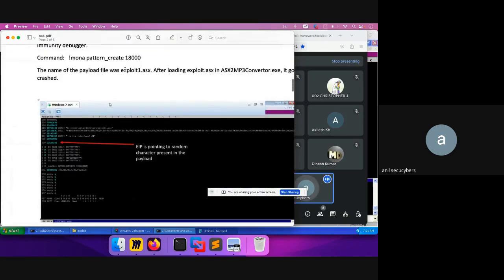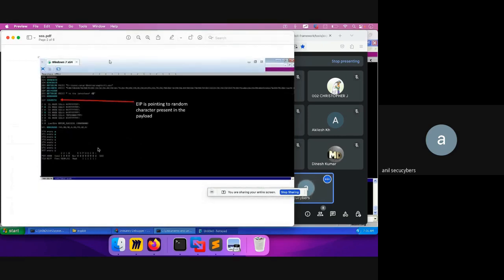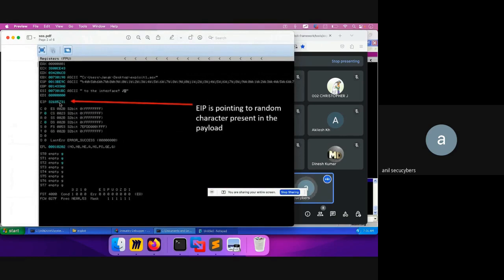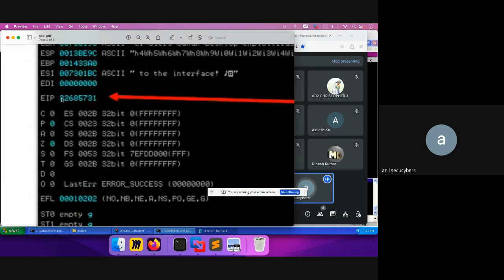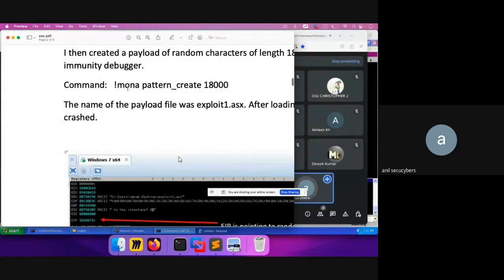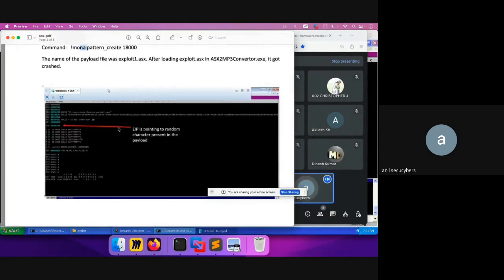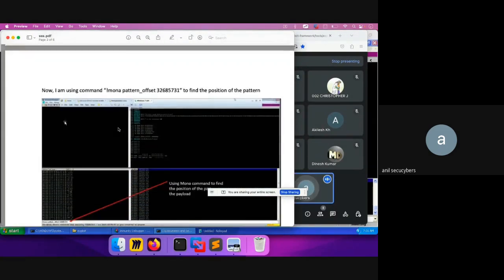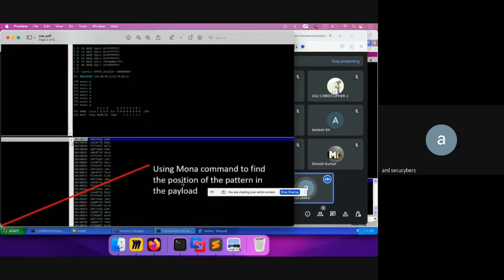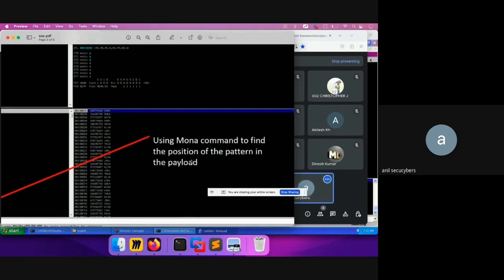Okay, so I created a malicious payload over here, exploit1.asx, which is the playlist that the MP3 software is expecting. When I executed that, if you see, it crashed, and the EIP value was pointing to the random characters generated by the Mona pattern create command. This is for the Windows 7 machine. Once that's done, again, similar to how we found out where that payload specifically was, which was